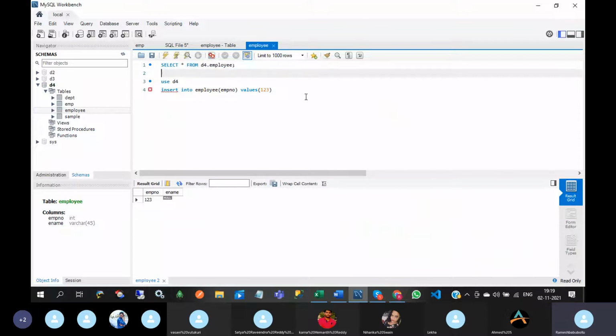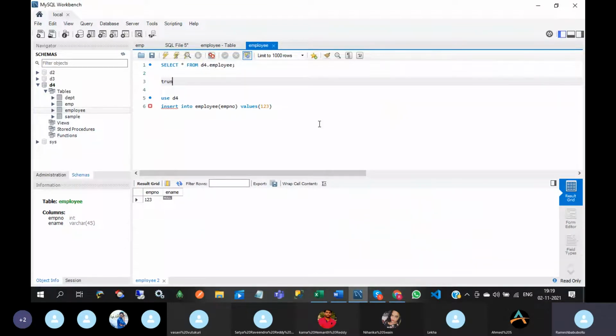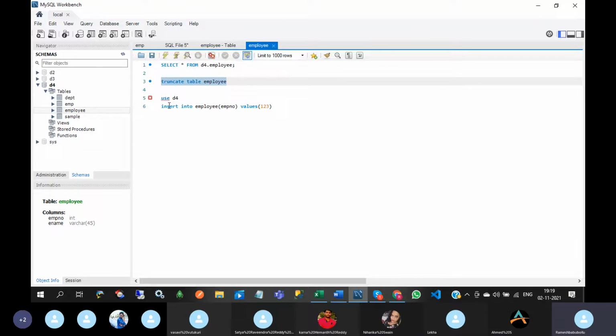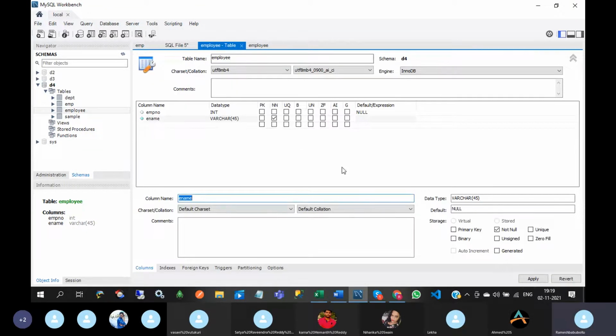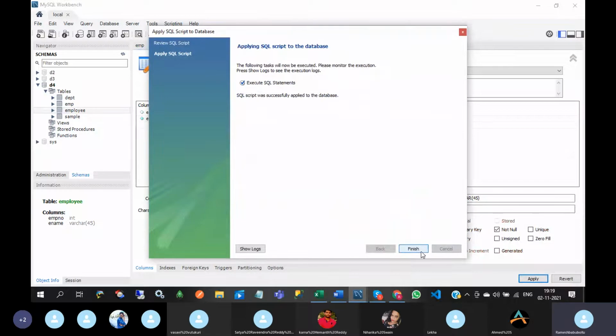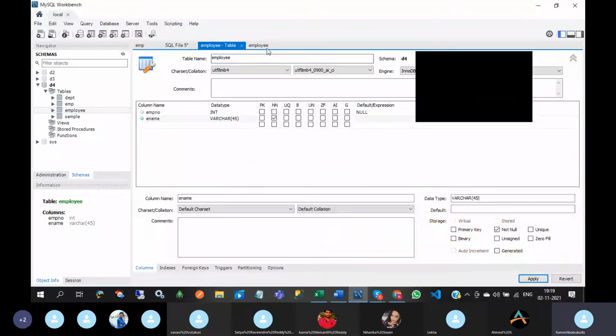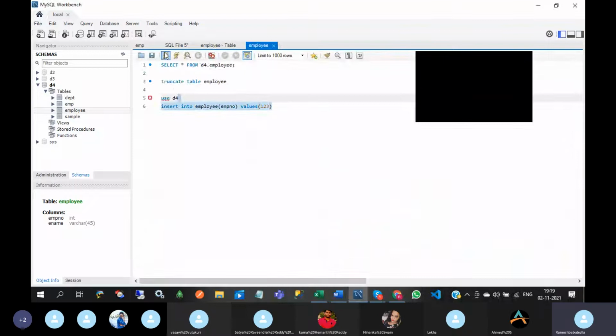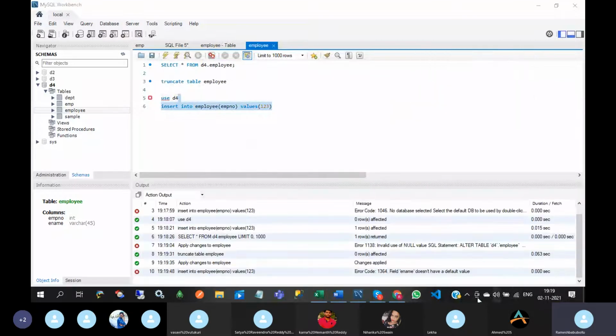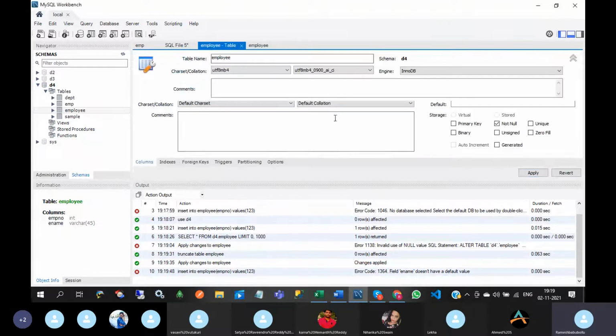That's why go to this and delete, truncate the existing record. Now go to this, click on apply. Now it will allow. Why? Because there are no records. Now if you try to insert, see what will happen. Field ename does not have a default value.